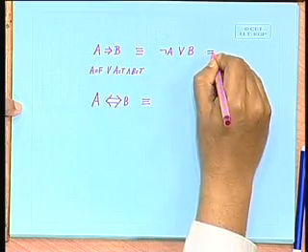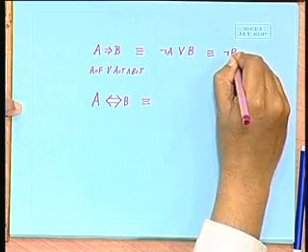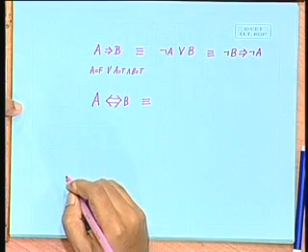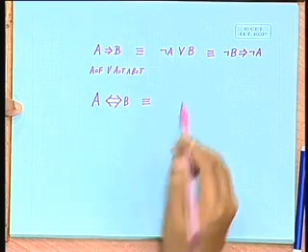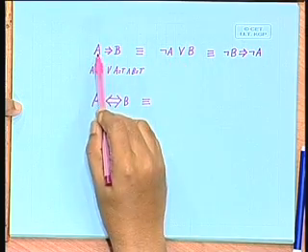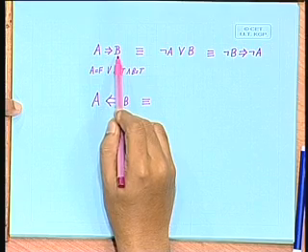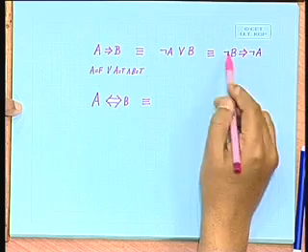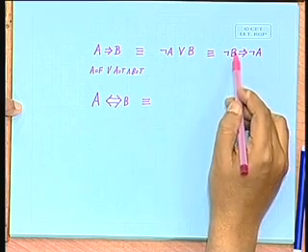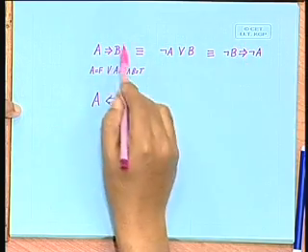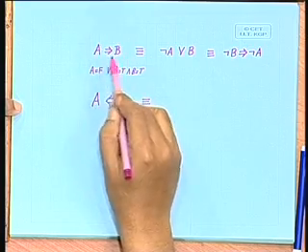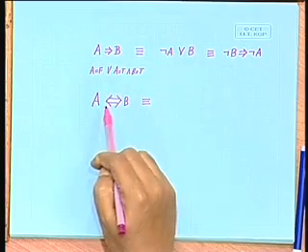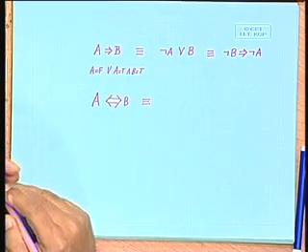See, this is the same as writing not B implies not A, right, because this says if A then B. So, if it is not B, then it must be the case that it is not A, because if it is not B and it is still A, then it will refute this, right. So, these are all equivalent things. These are some of the things which will help us later on in deducing different